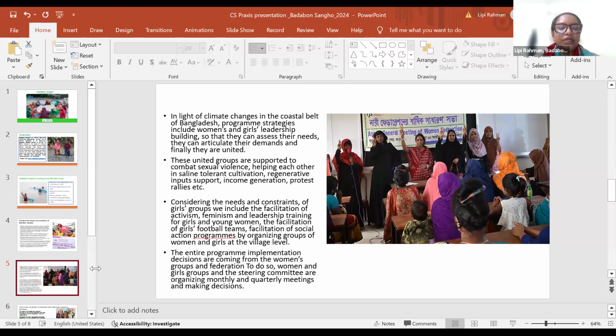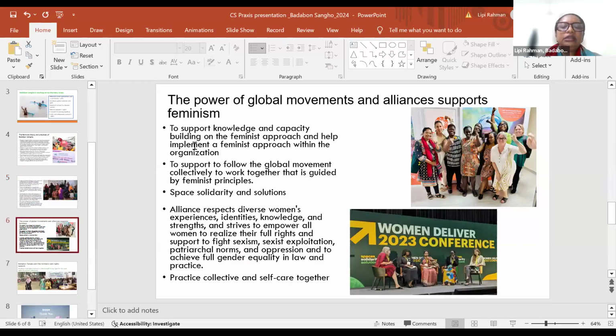And also the entire group implementation decisions are coming from these women groups and girls groups. That's why they need regular meetings, and we are having that monthly. They are having monthly and quarterly meetings, and they are making decisions. That's how these groups are working, and we are working together with the feminist approach, from our working area, from the grassroots level. And the other part is that Badabon Sangho is a member of many national and international